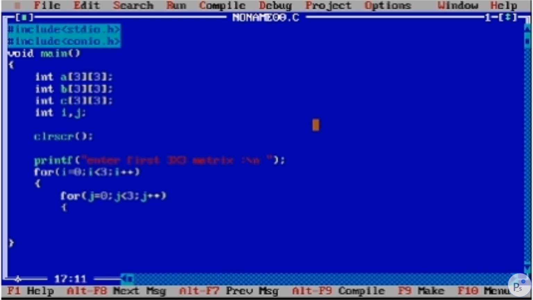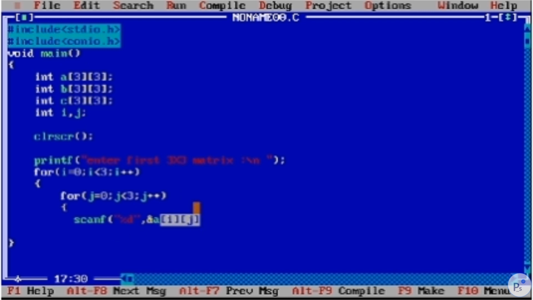So we want to store the values, so we will use scanf, and we are taking that as an integer, so we use %d, ampersand. We want to store that in a, so a of i and j. The meaning is whenever the user enters the first value, the value of i will be 0 and j will be 0. So at position 0 comma 0 the value is stored.